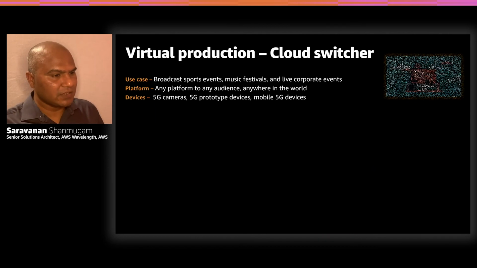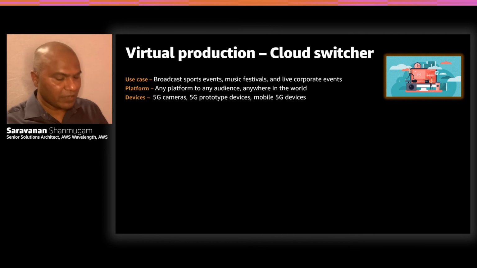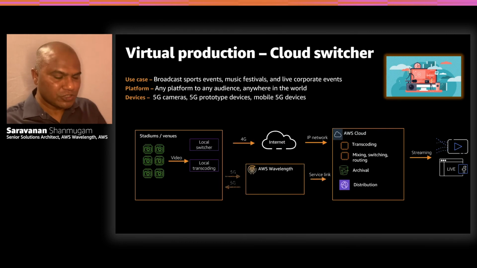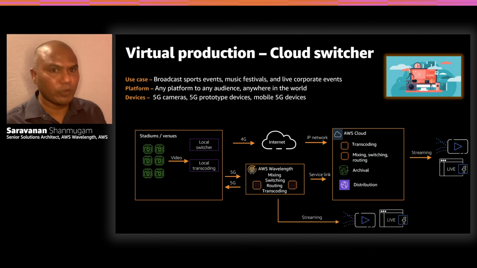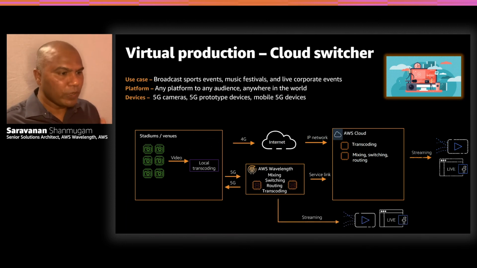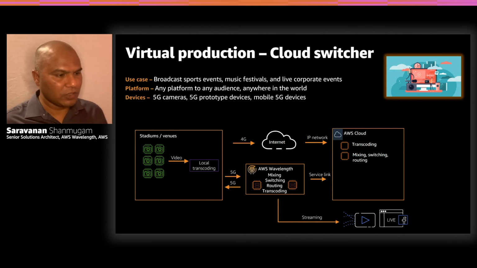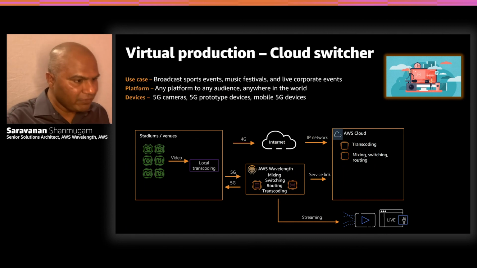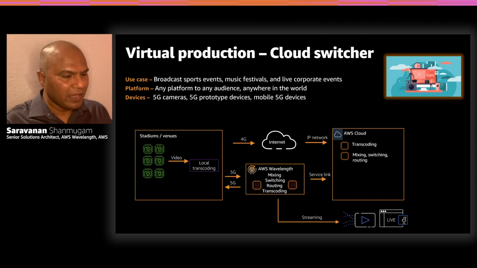Last but not least, the media and entertainment use cases. Working with companies like Sony, we are trying to change the landscape in which the broadcast industry is going to change, right? Instead of doing all the local transcoding and switching and all the big equipment which sits outside the stadium, what Sony is trying to do is leverage 5G and move some of these heavy computes away from the stadium and do edge processing and mixing and switching, all these media and entertainment processing, inside the Wavelength Zone, so that I can reduce the investment of bringing in tens of different trucks inside the stadiums and can leverage that cloud model